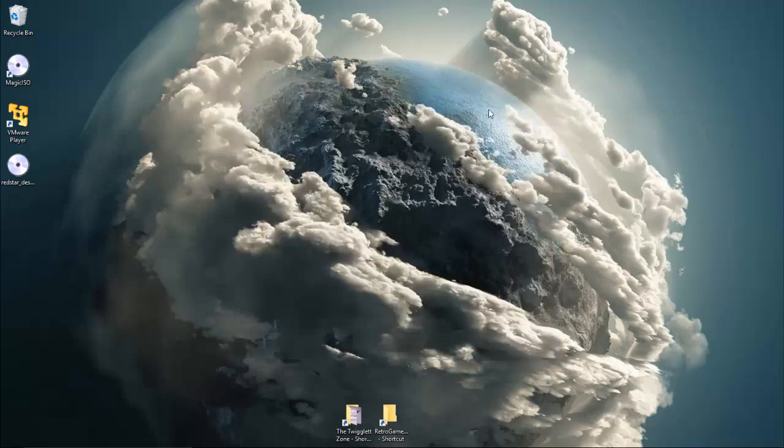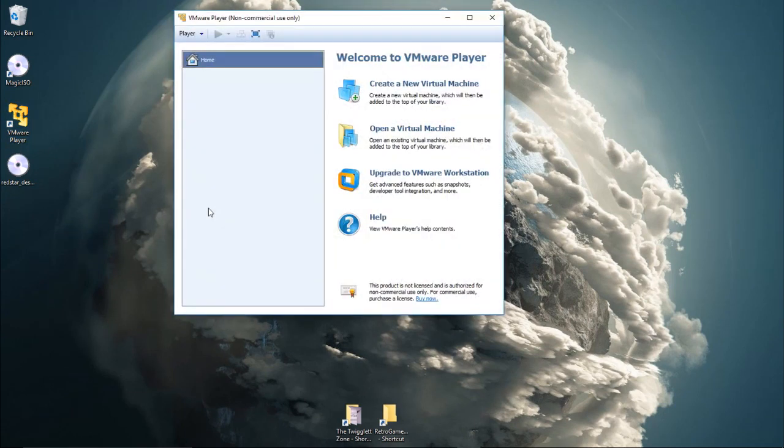What we're going to do is install this as a virtual machine, so it will run on this machine inside Windows. And to do this, you need a virtual machine program such as VMware Player, which I've got here. So, in a moment, when it boots up, we are going to use this to create our machine. We're going to have to assign hardware to it, etc. You'll see what I mean in a second. So if we press create a new virtual machine,